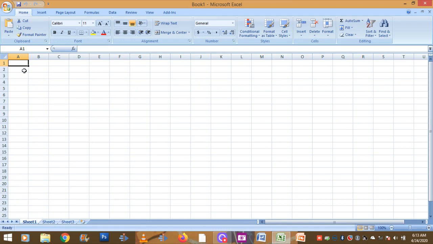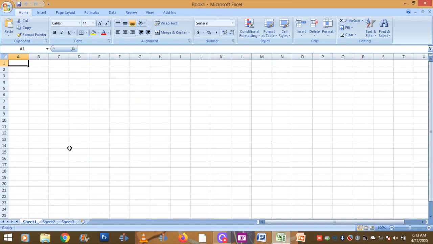Today, we are going to learn about Microsoft Excel. Microsoft Excel is an application that is used to enter data in tabular form, or in the form of tables, and we can do sorting, filtering, and we can analyze data, and we can present this data in the form of a chart or diagram. This application is very popular and powerful because of so many features.